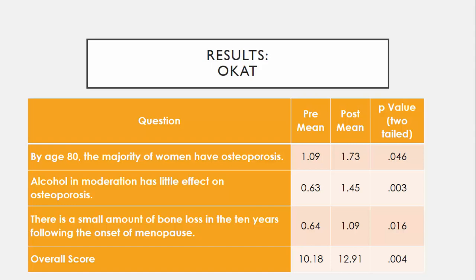OCAT results, we did see an improved overall gain in knowledge. This was most obvious related to risk factors. Not only can the knowledge gains benefit the patient, but they can also benefit those family members and friends who are taking the patients to the fracture liaison service appointment. Remember, a lot of these patients are coming in with a broken bone, a broken hip, spine, wrist, rib, something like that, and so they typically have someone with them to help them out. So that was important to us.